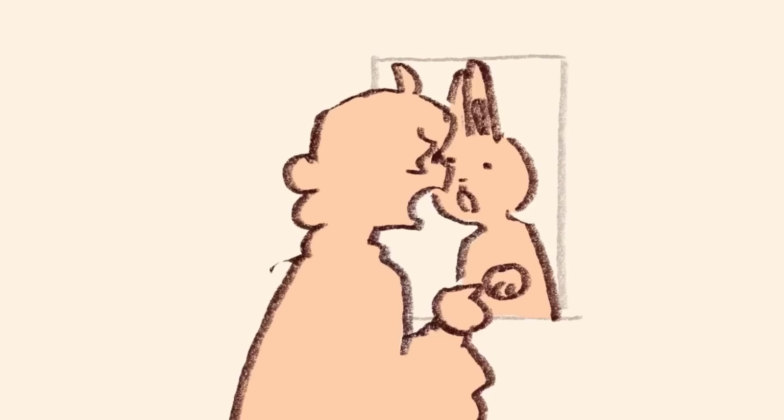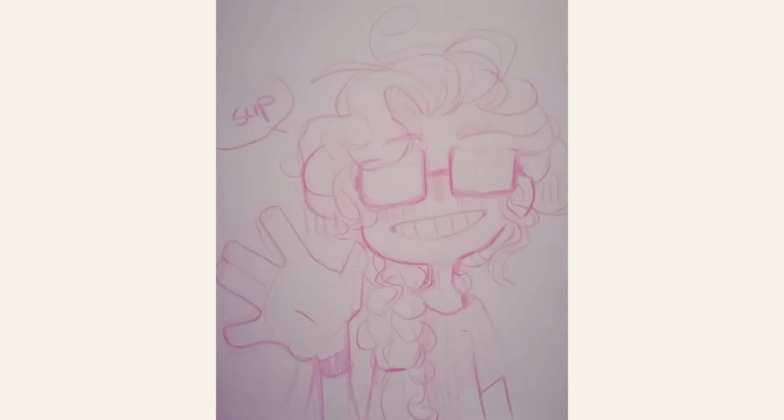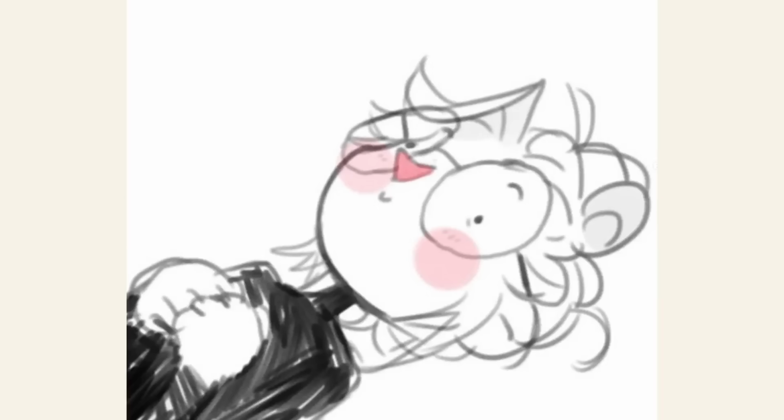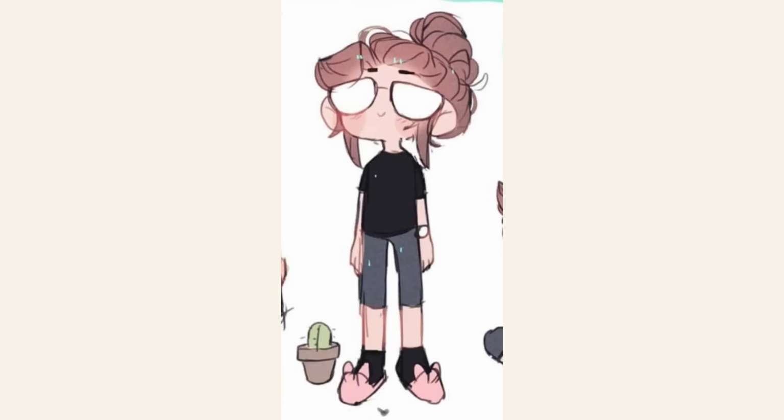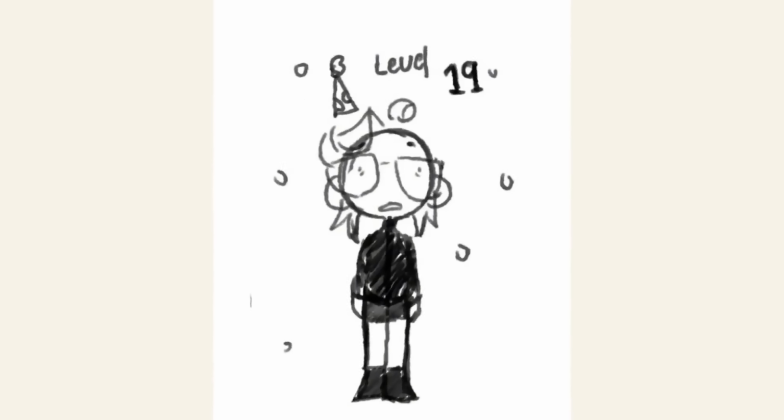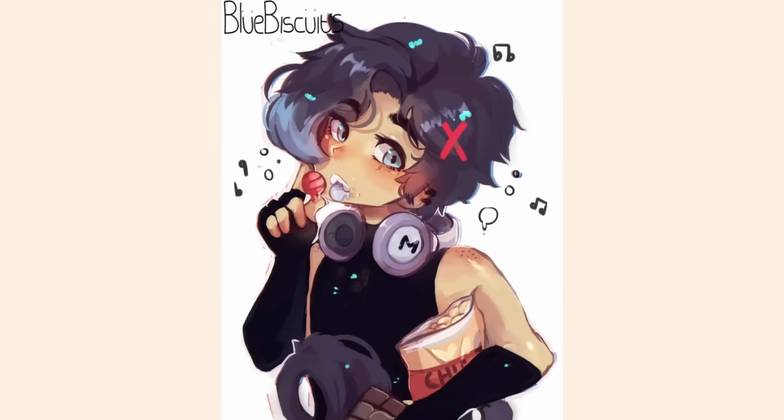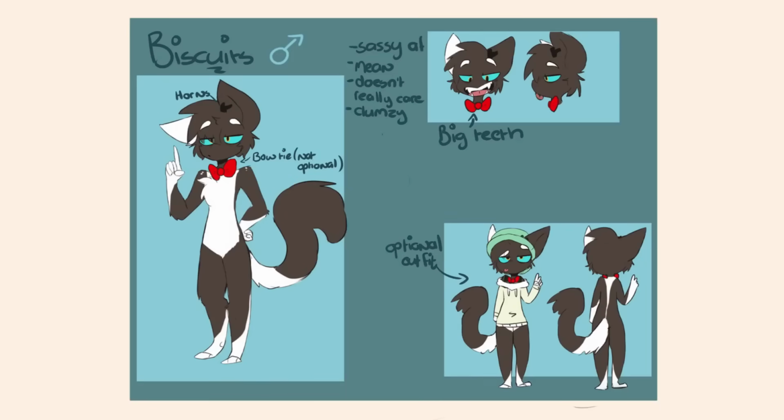Personas don't have to look exactly like you either. They can be similar or completely different, from form, species to gender or size, whatever feels right. This one over here has been my persona since 2018. She's just me but with horns. But honestly, I've had many personas, from like this to even whatever the hell this is.